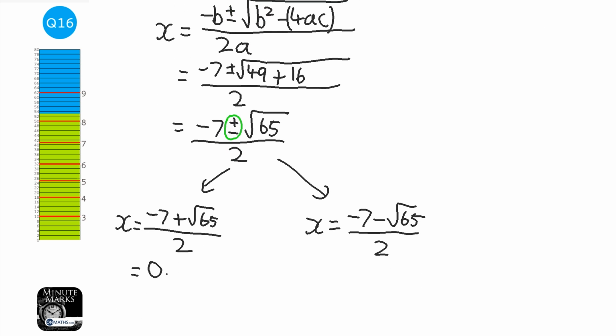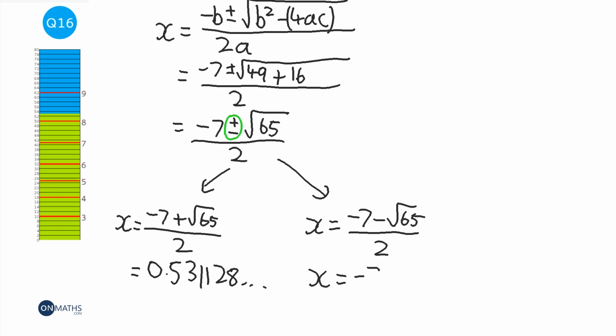So 0.531128 and so on. And then what you can do on the Casio calculators is just use the cursor button, which is the big blue round one, to move across, go to that plus, delete it and change it for a minus. It saves you having to write the whole thing out again. And if yours comes up as a fraction or something, just press the S to D button. It converts it. That's minus